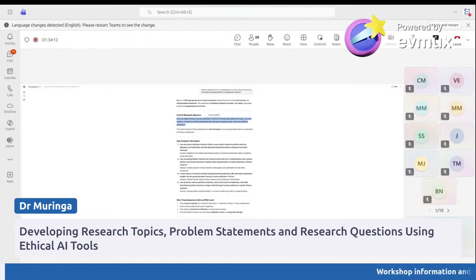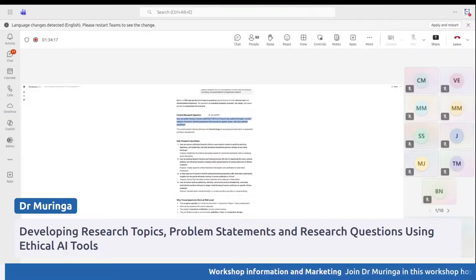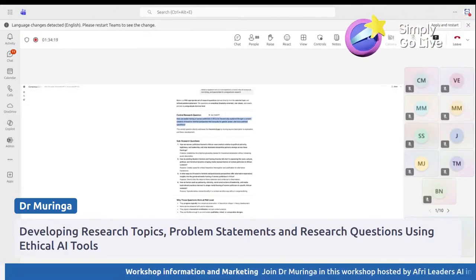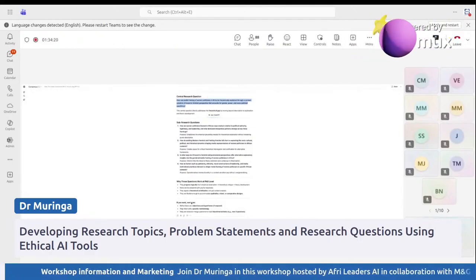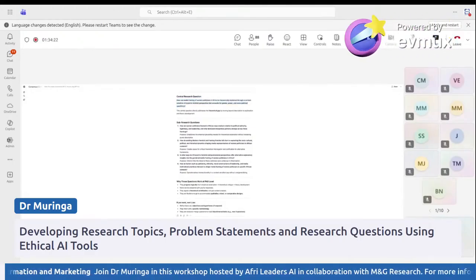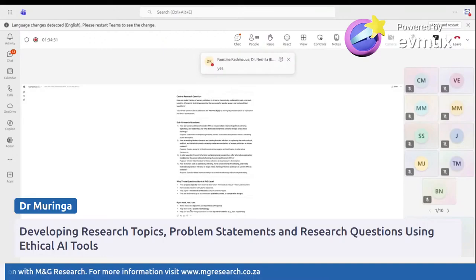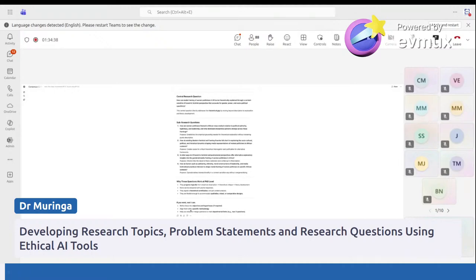Right, you know that we don't end with question, right? Now, I want to use the same platform to assess whether these questions are still fine. And I'm saying to this platform, critically assess the research questions for ambiguity, overlap, and misalignment with the research gap. Propose refined versions. The problem we find a lot of times with masters and PhD students is that most of